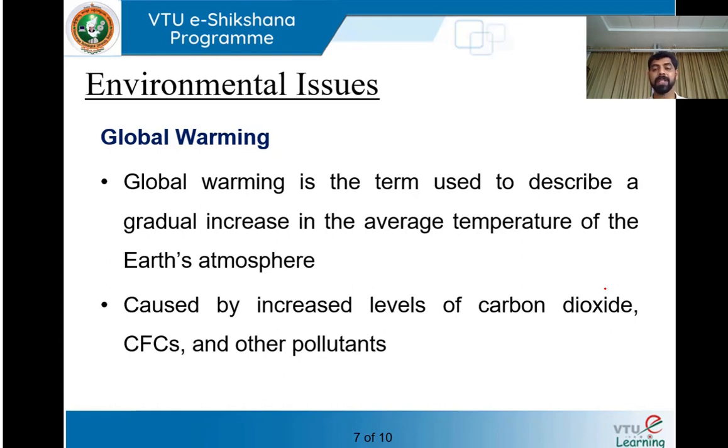Because of deforestation, farming is affected. There is a shortage of food grains. Trees are not present, carbon dioxide is not consumed, and the required quantity of oxygen is not available. Because we want to increase our infrastructure, making highways, expressways and all those things, we are just chopping off all the trees. This is what we call deforestation. Because of this, there is a change in the ecological cycle, due to which droughts and floods are numerous. So what are the effects of this global warming?